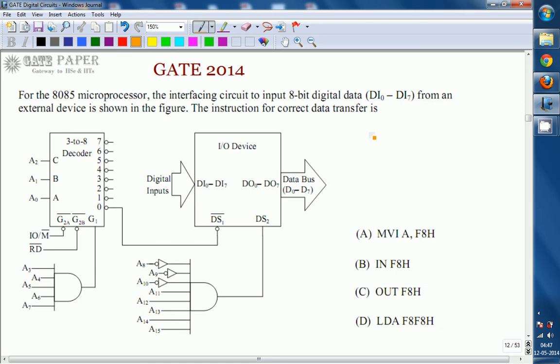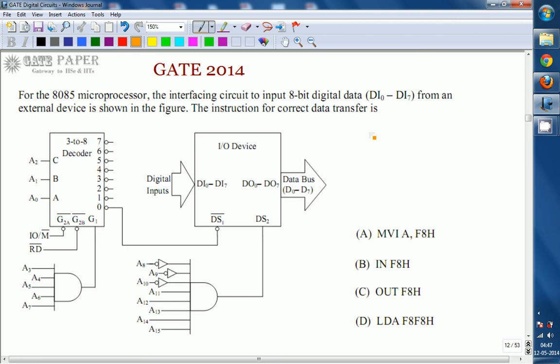Hello, we are discussing the GATE 2014 ECE paper, and this question is related to digital circuits. For the 8085 microprocessor, the interfacing circuit to input 8-bit digital data DI0 to DI7 from an external device is shown in the figure. The correct instruction for the data transfer is: